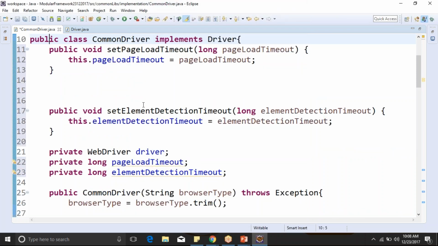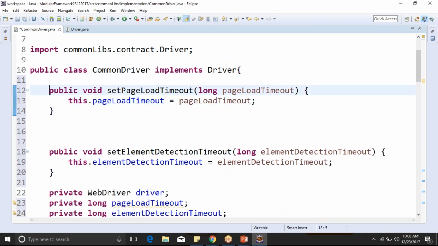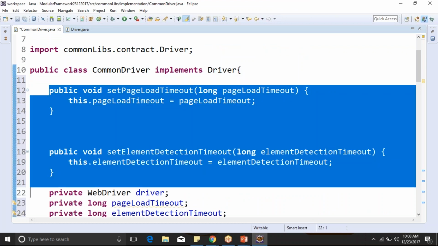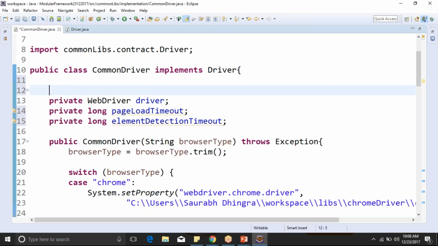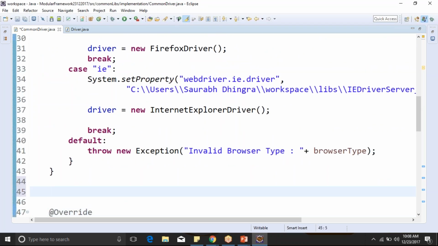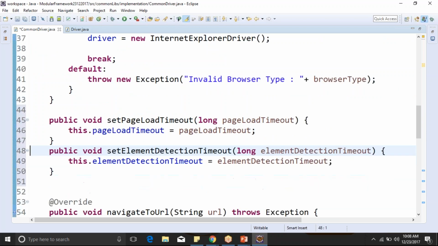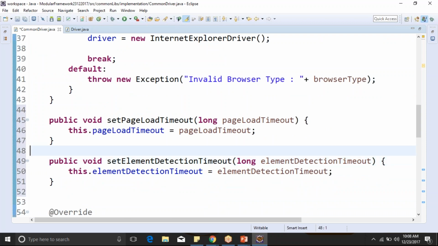Click on OK. You can see two setters are created. First one is set page load timeout, and second one is set page element detection timeout. And we'll just move them down for better readability. So let's move them here. Okay, so this set page load timeout you can set from outside, set element detection timeout you can set from